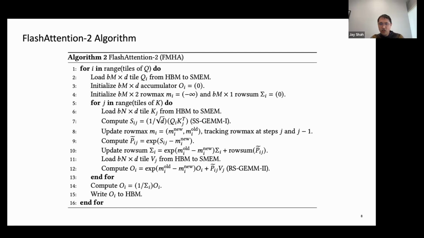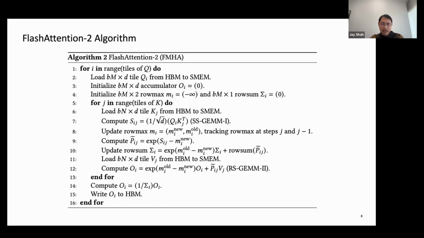Then I do my first GEMM, computing S, taking Q times K transpose and scaling by the head dimension. I then track some statistics, such as the row max, which I need to do softmax safely because it involves an exponential, as well as the row sum to eventually normalize. I also do the exponentiation of these intermediate matrices, load V correspondingly and do that multiplication, as well as updating the accumulator as I go through the loop.